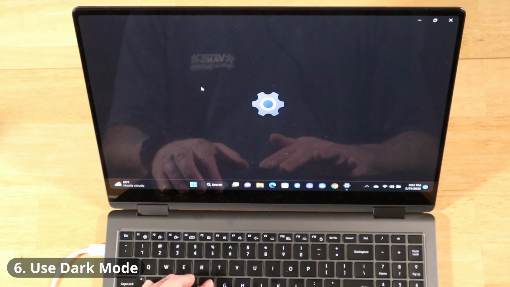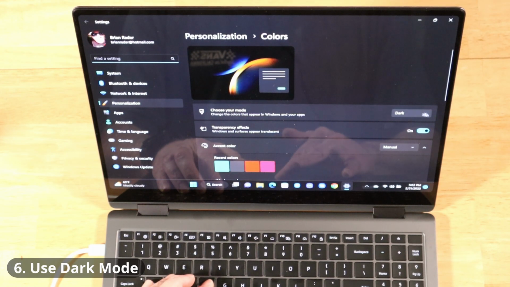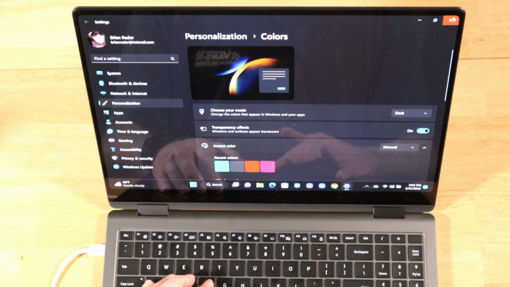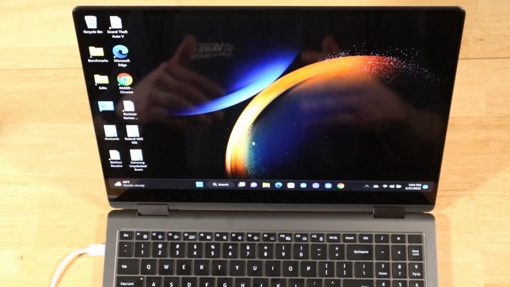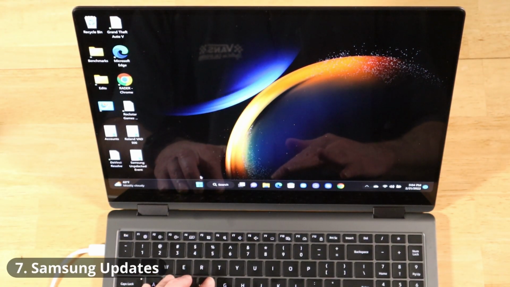Go ahead and click on that. All right, and that's going to give you a drop down for dark, light, and custom if you want to further customize it. So two different areas where you can turn on dark mode. All right, so for the next tip, while we're talking about settings and whatnot, let's take a look at the